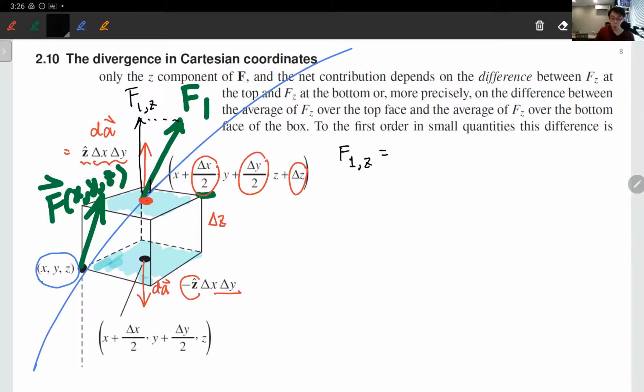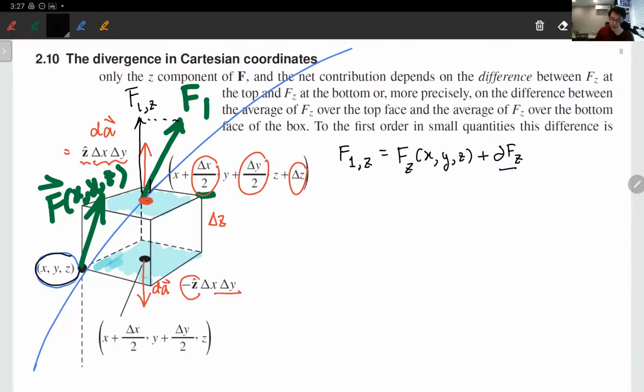What is the F1 in the Z direction? You can start from F at X, Y, Z. Take it slowly. So I'm starting from this initial point X, Y, Z, and then I use calculus here. I just want to move this value up a bit. Well, hey, don't go so far. I'm just going to move up a bit. So I just add,